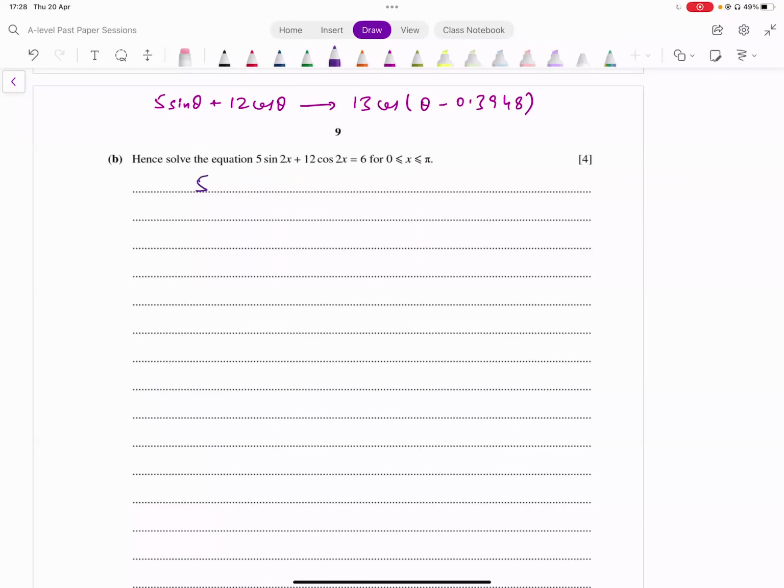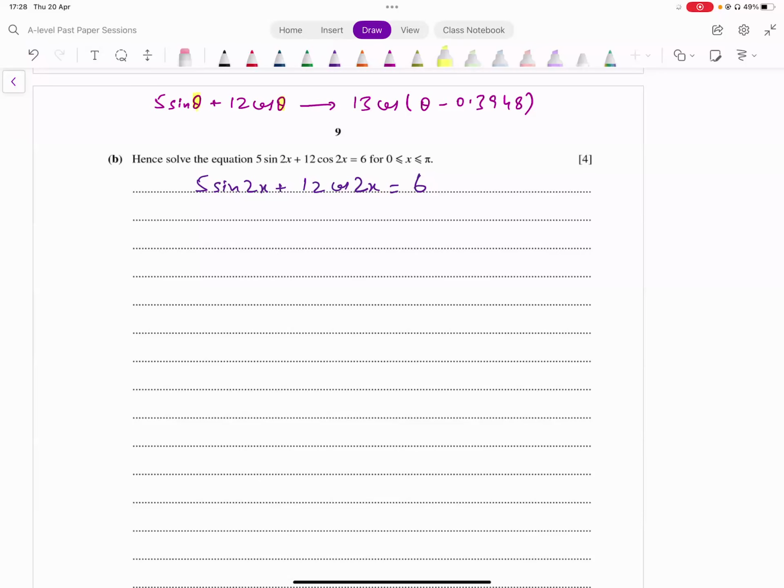तो अब आप इसको क्या कर सकते हैं, रिमेंबर आपको ट्रिग्नोमेट्रिक इक्वेशंस को सॉल्व करने के लिए क्या करना होता है, you need only one type of function and only one type of angle. यहाँ पे फंक्शंस एंगल्स तो ठीक है, दोनों 2x हैं, we could work with that. The problem is एक साइन आ रहा है, एक कॉज आ रहा है, आपको सिर्फ एक फंक्शन चाहिए होता है, तो इसको एक फंक्शन में कैसे कन्वर्ट करें, उसके लिए हम इस फर्स्ट पार्ट को यूज करते हैं। हम कहते हैं कि अच्छा अगर 5 sin थीटा प्लस 12 cos थीटा हमारे पास होता तो वो इस फॉर्म में कन्वर्ट हो जाता।